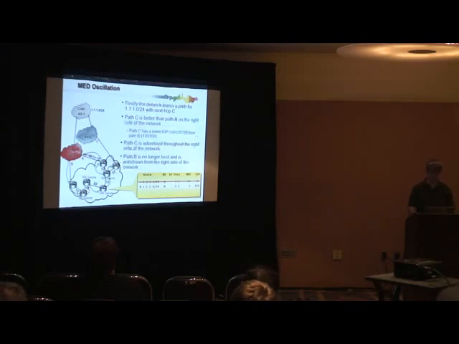So now we have path C, which comes in here, red in this case. And we learn C via eBGP on this edge router, and we advertise that to the rest of our network. And C is better than B, and this route reflector server chooses C as best, so it sends an update to its downstream clients to say C is now better than B, and it sends an update to its upstream client, in which case we learn the new path, and we do path selection, and now we choose between B